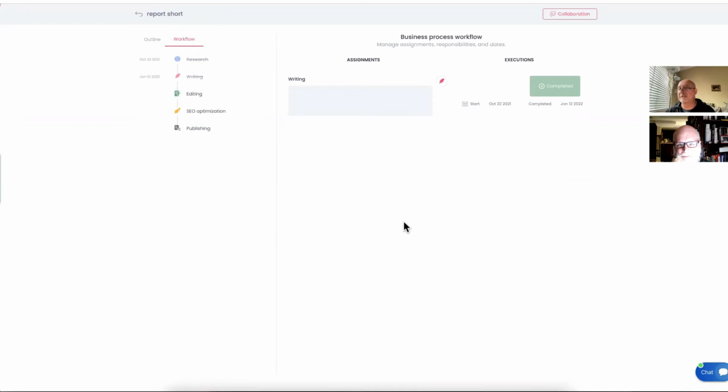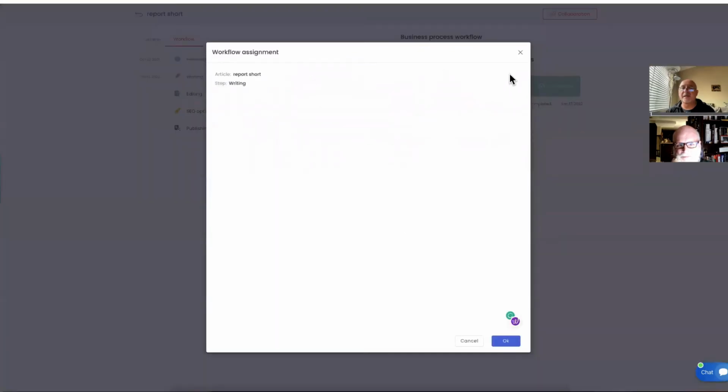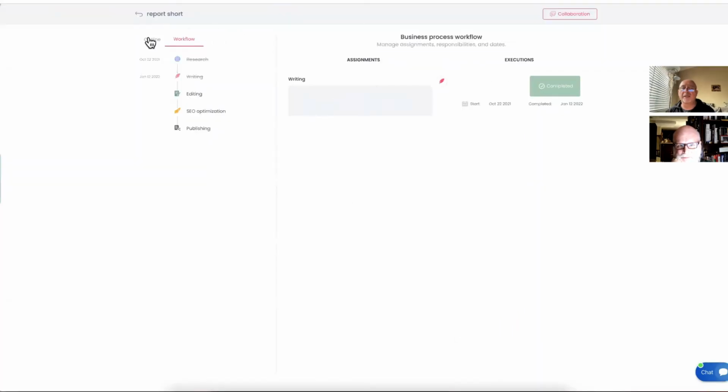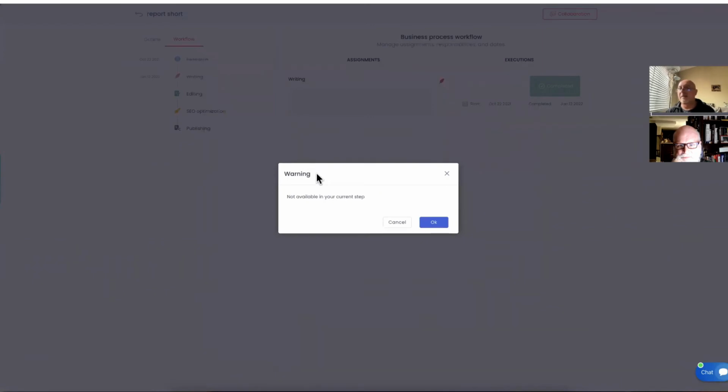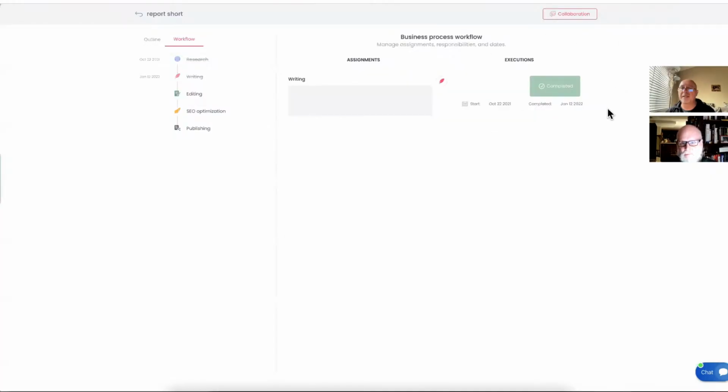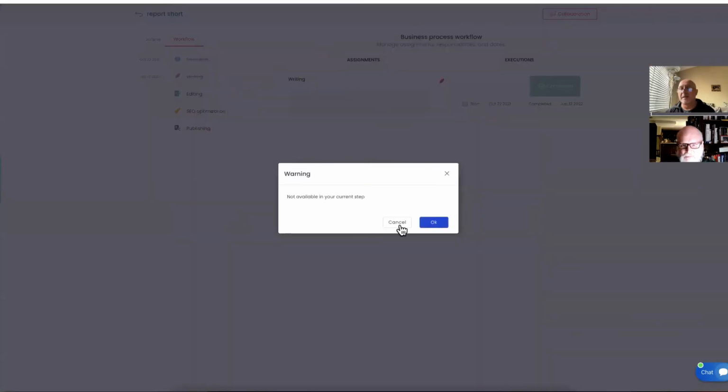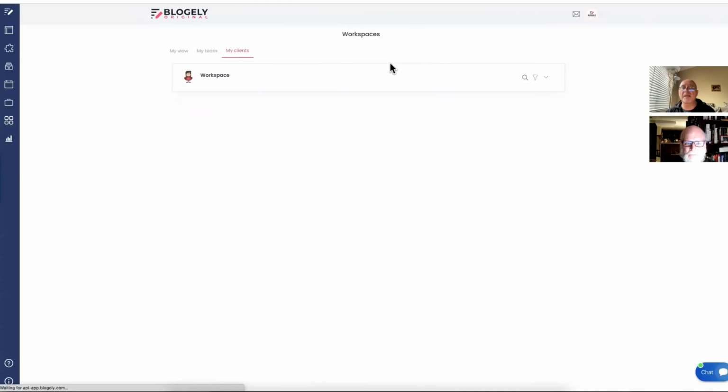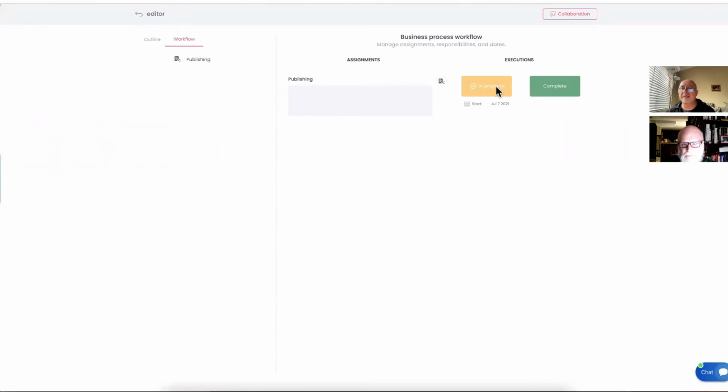Here, I'm going into somebody else's article. This is the place where I can read the assignment, if there is one, and do some work. If I want to get into an article, I can try, but if the article was completed, once I click complete, my access is closed. You can see when I started and when it was completed, but I cannot access it anymore. This article is closed for me. When I return back, this other article is still in progress, so I can access it.